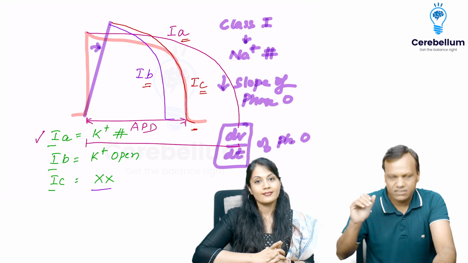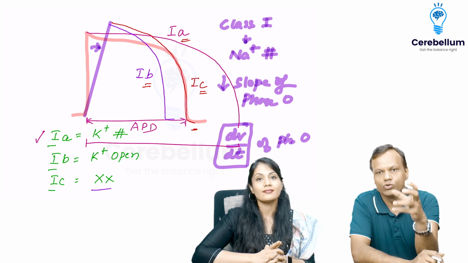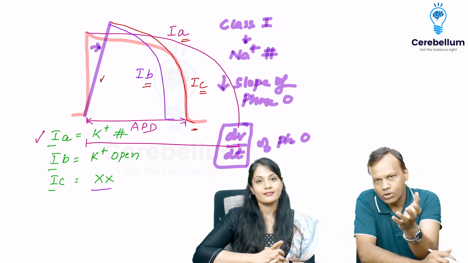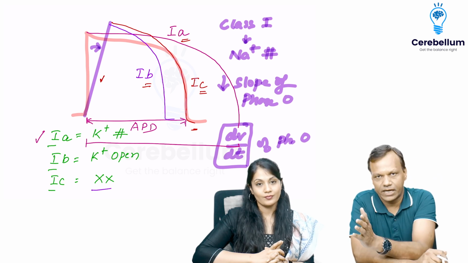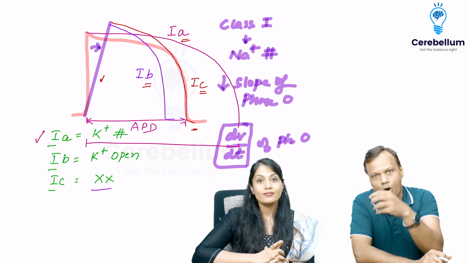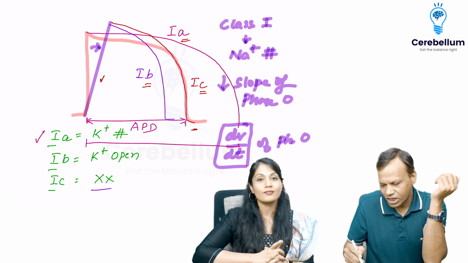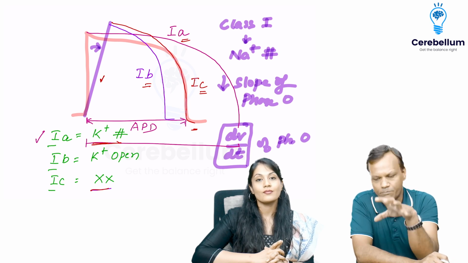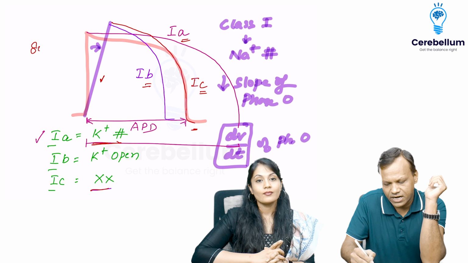Now, what is the last important thing? You will ask that the action potential consists of two things. One is depolarization, second is repolarization. And we told that all three drugs are increasing the depolarization time. Then why don't all sodium channel blockers increase the action potential duration? We said that only potassium channel blockers will increase APD, whereas the drug which is only a sodium blocker will not increase APD. So it's a simple logic that suppose the total action potential duration is 800 milliseconds,